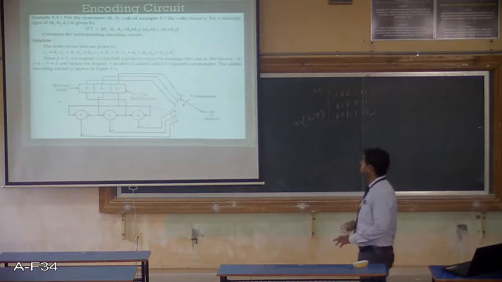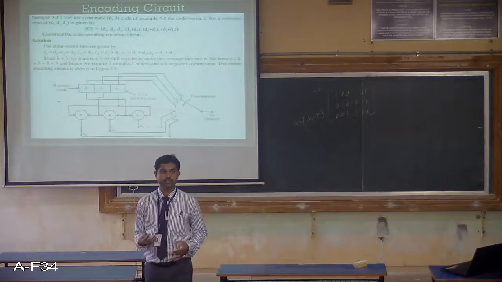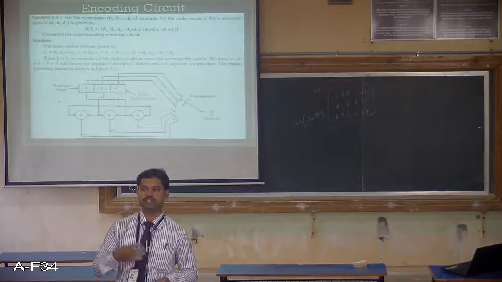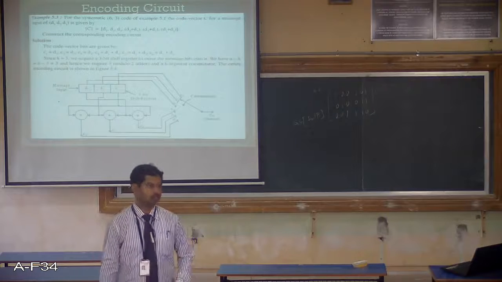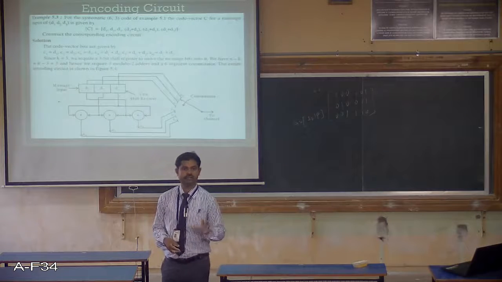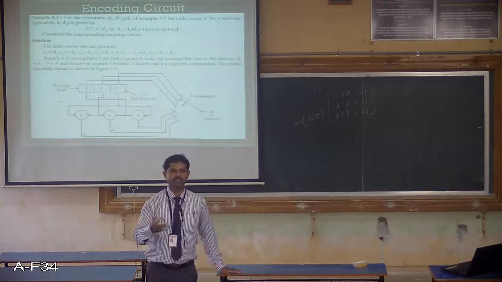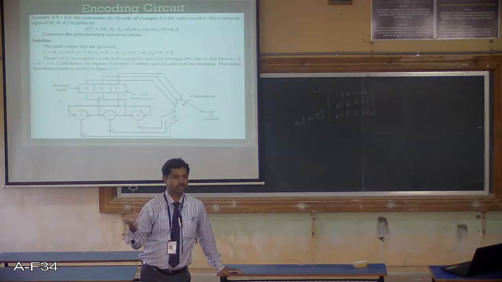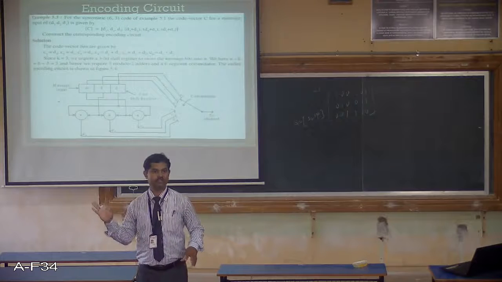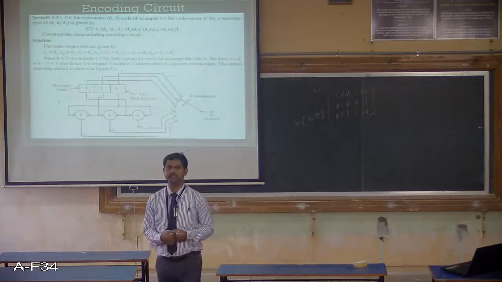So this is the encoding circuit. I know the procedure, but there must be some particular hardware so that it will perform that function on code words, right? In order to design the circuit, the things are very simple. If you want to build a system where I can feed the information, it should encode and produce code words of LBC. It's very, very simple. If you know the previous equations, the matrix description, the same thing I can just implement with simple hardware.